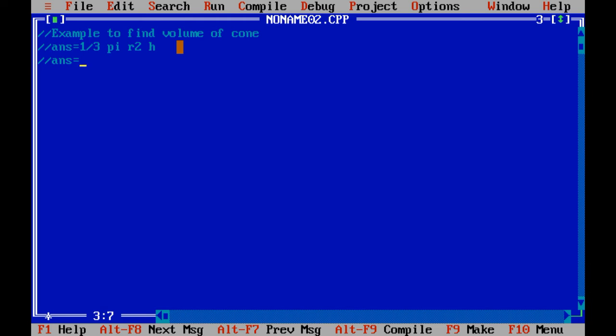We can convert this into decimal, right? So I can write 0.33 because 1 divided by 3 is 0.33. Then multiplied by the value of pi, 3.14. Again r square is there, so 2 times I need to write variable r, and the last variable is h. So this is the simplified formula of volume of cone.